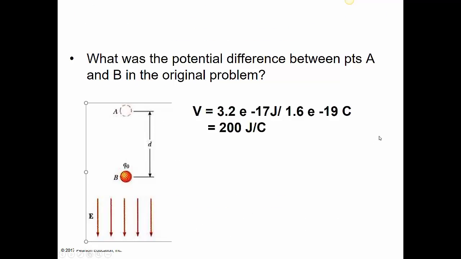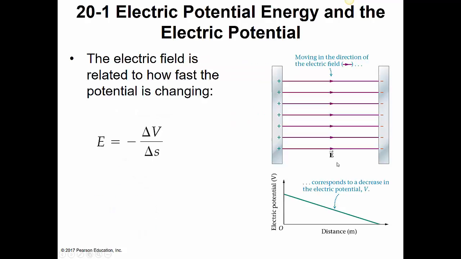Going back to our original problem, what if we wanted to find the potential difference between points A and B? The potential difference is delta U all over Q. Delta U was 3.2 e to the negative 12 joules, and the charge was 1.6 e to the negative 19 coulombs. So our voltage is 200 volts, or 200 joules per coulomb. The electric field and voltage are also related to each